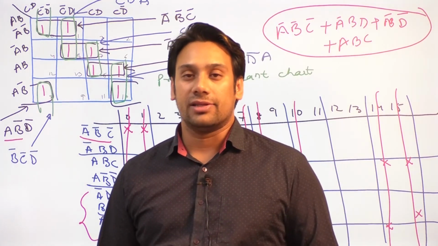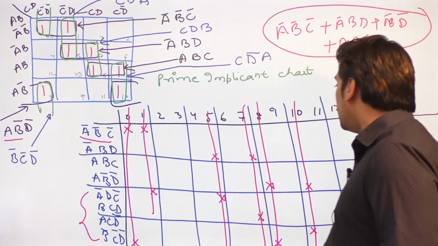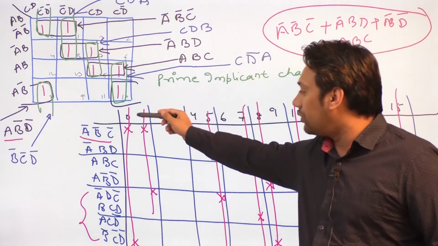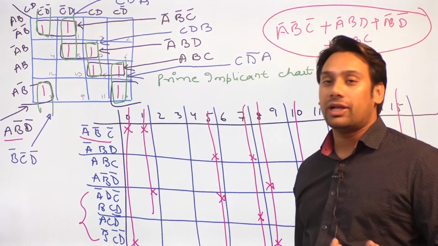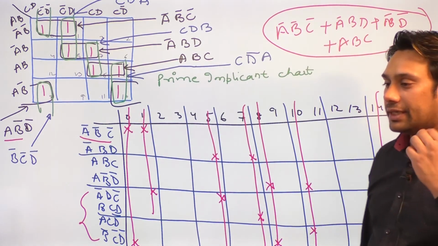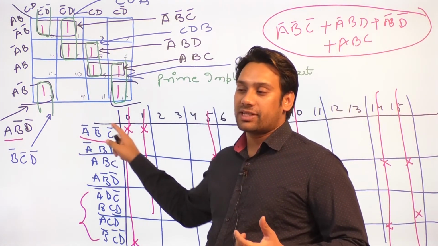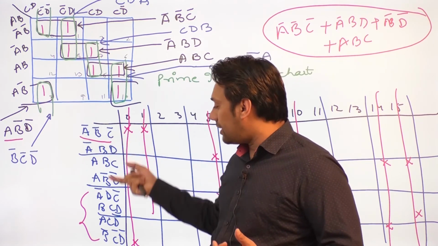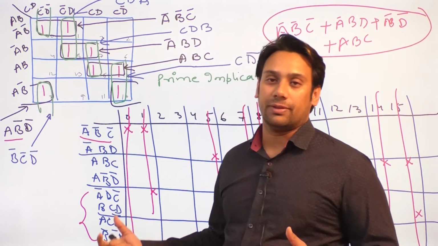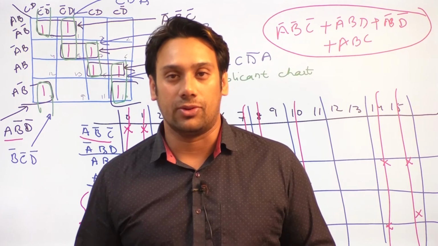Why do I not have to add them? Because they are not covering any term which is not already covered by the others. So we do not have to add them. Okay? In the same way, if I do not use this term, then I might have a choice for the other term.